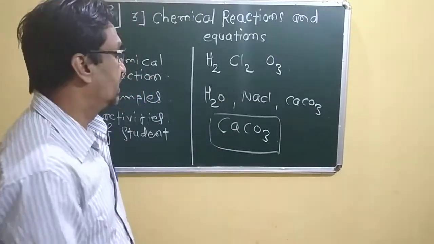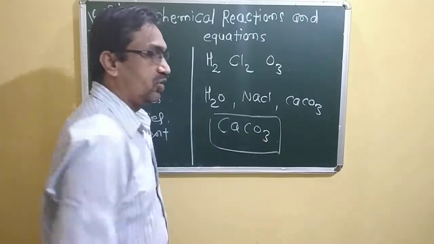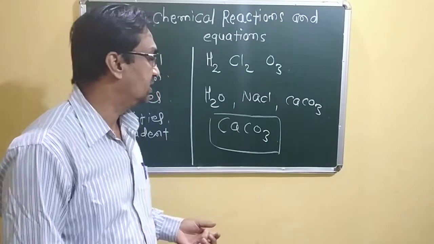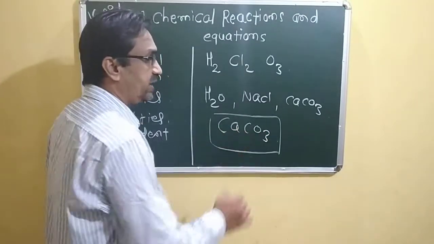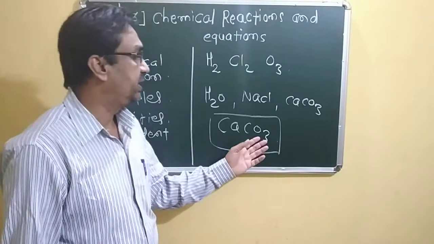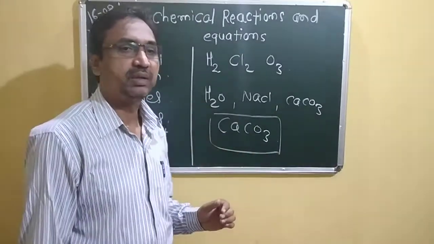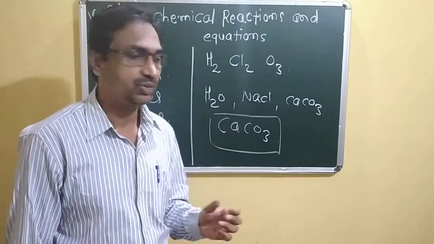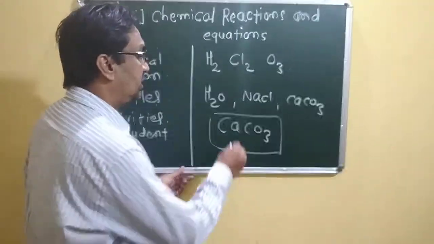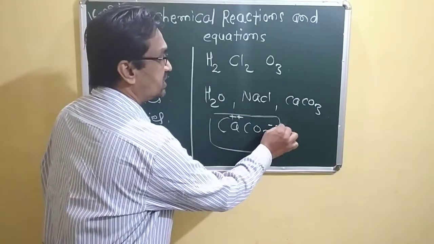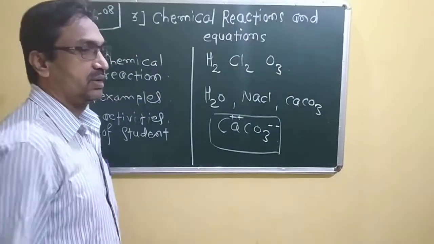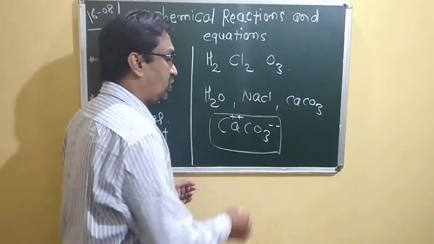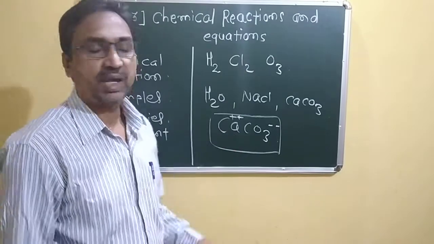can be written in their definite valency. According to their valency, calcium is there, carbonate is there; carbonate is a negative radical and calcium is a positive radical. In this way, according to their valency, calcium has the valency +2 and CO3 has the valency -2. In this way, valence is cross multiplied, and in this way we have to write down the formula of limestone, that is, of calcium carbonate.